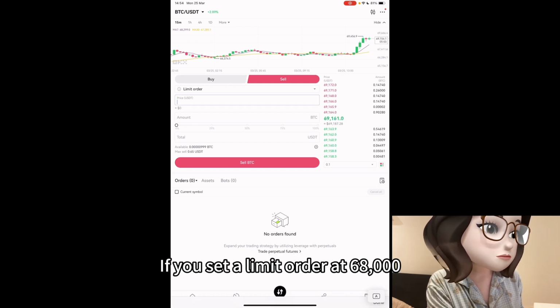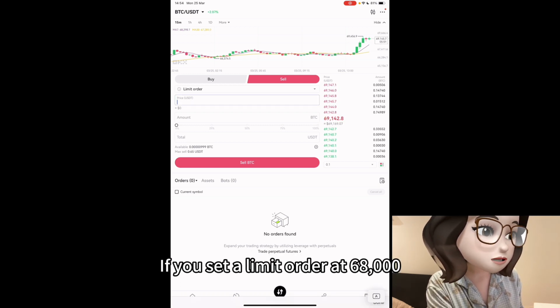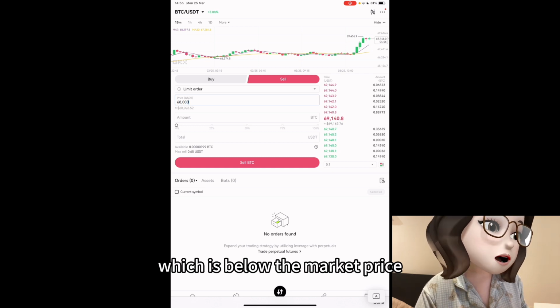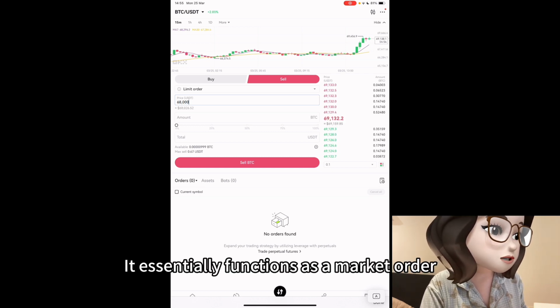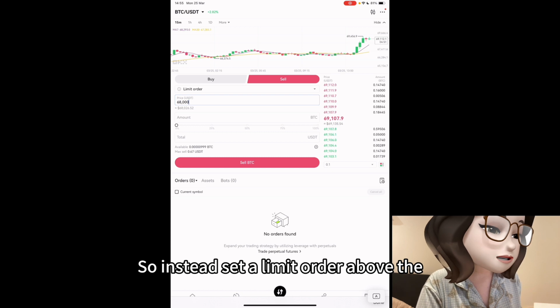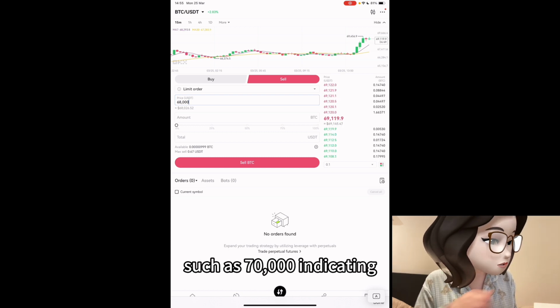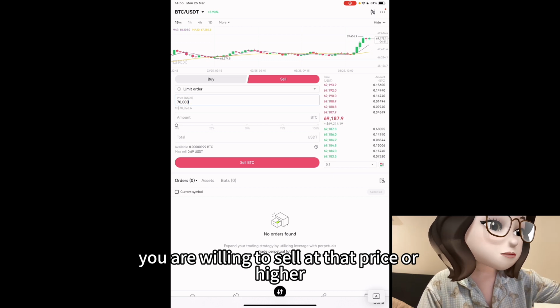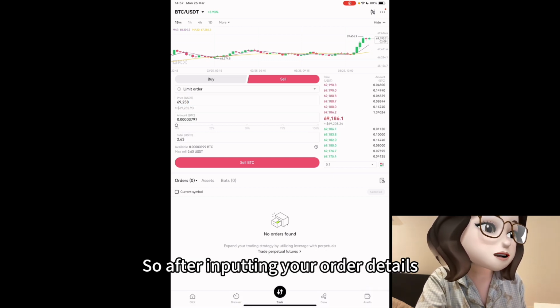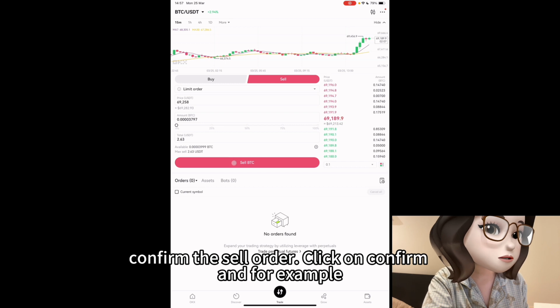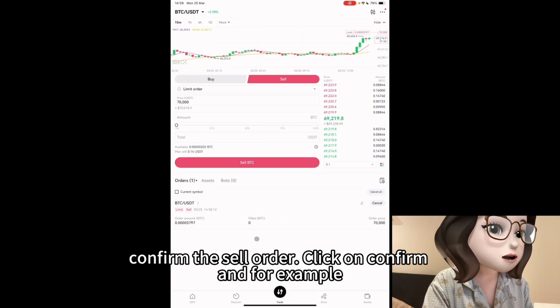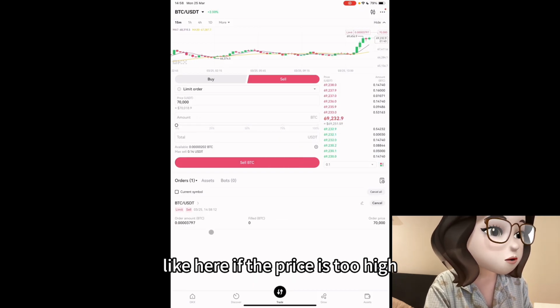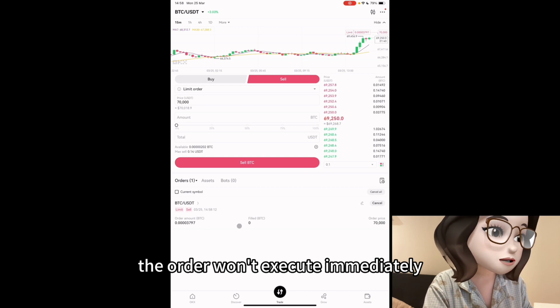For example, if you set a limit order at 68,000, which is below the market price, it essentially functions as a market order. So instead, set a limit order above the current market price, such as 70,000, indicating you are willing to sell at that price or higher. After inputting your order details, confirm the sell order, click on confirm. And like here, if the price is too high, the order won't execute immediately,